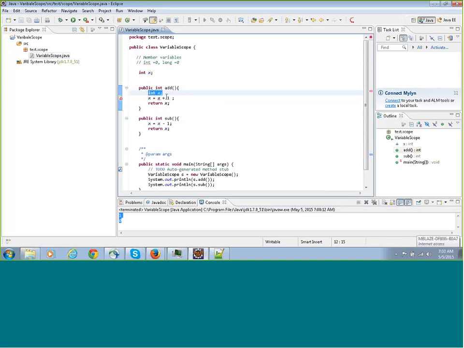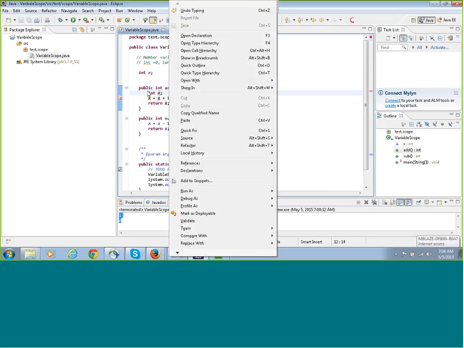Now, this x has become a local variable because whenever you define a variable inside a function, the scope of the variable would be the opening curly brace and the closing curly brace of that function. Since it is defined inside a function, it is termed a local variable. It's not an instance variable, and for a local variable, Java does not initialize by default. Local variable does not get initialized. So that is why the compiler